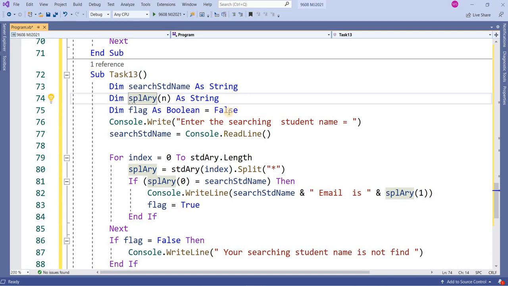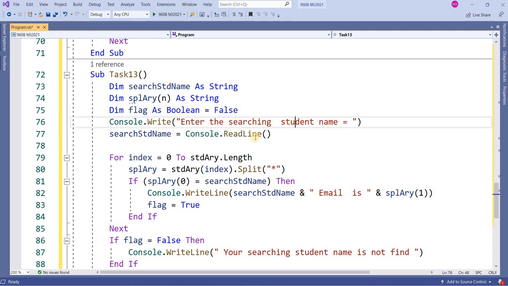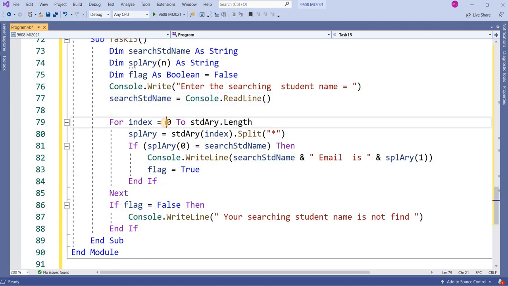Dim flag as boolean equal to false, that will show me whether the record has been found or not. This is the message, enter the searching student name, which will be stored into the search student variable, and then it will start from 0 to the length of the array.